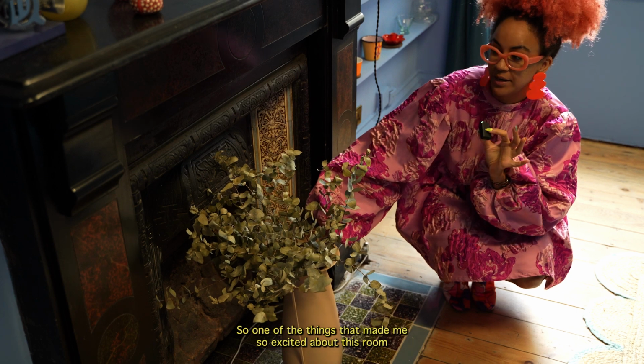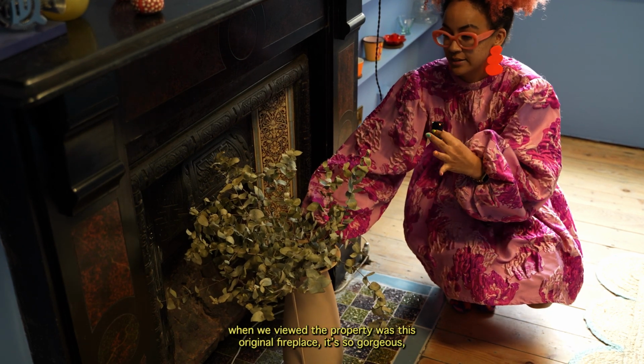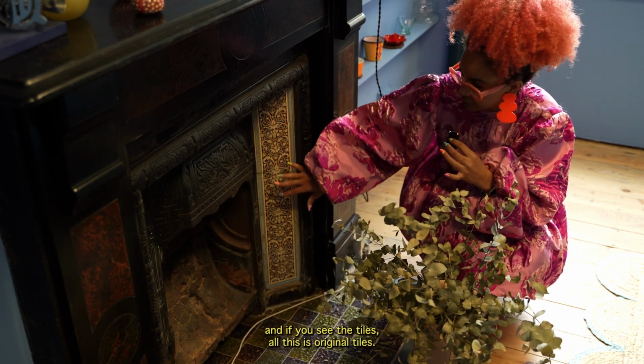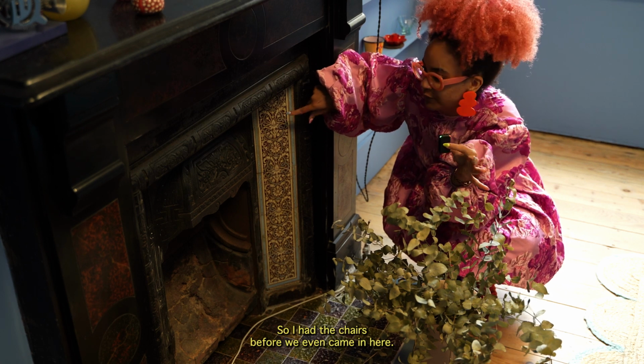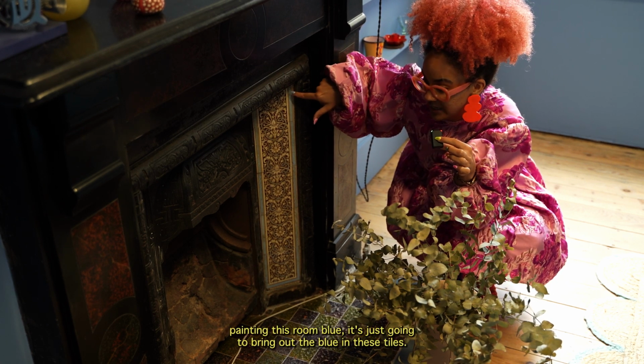So one of the things that made me so excited about this room when we viewed the property was this original fireplace. It is so gorgeous. And if you see the tiles, all this is original tiles, and it also had blue. So I had the chairs before we even came in here, and I just thought painting this room blue is just gonna bring out the blue in these tiles. And I just think it's